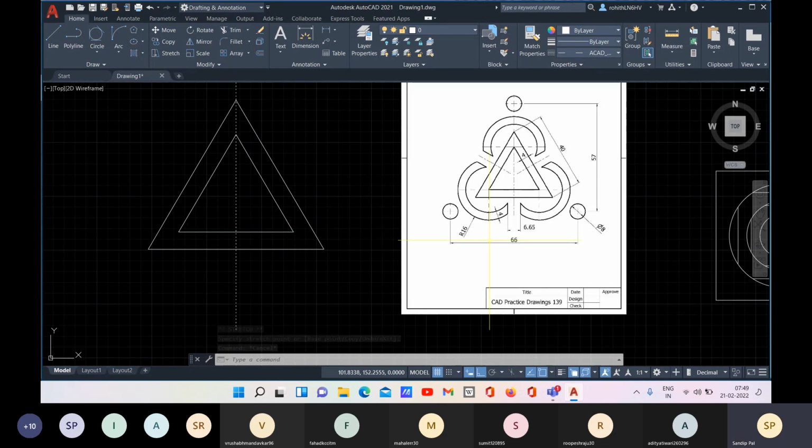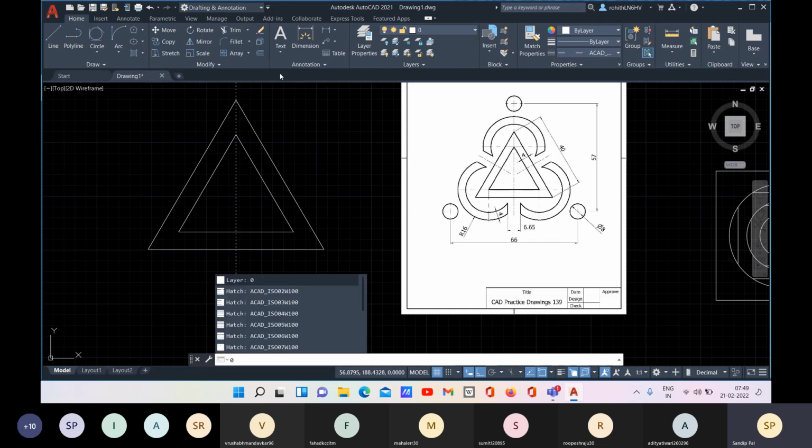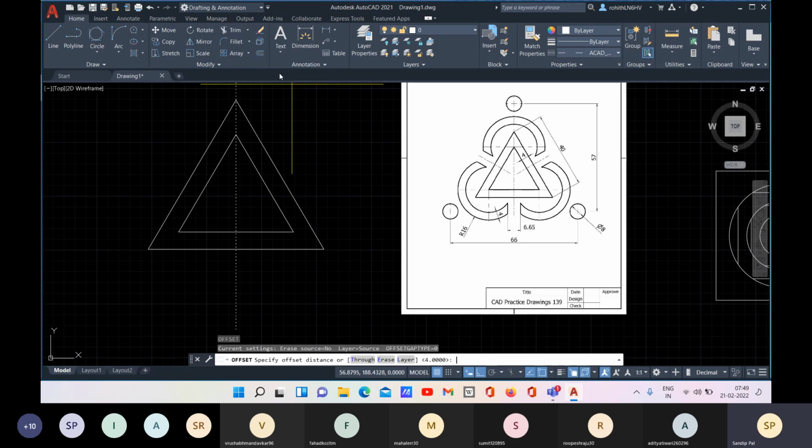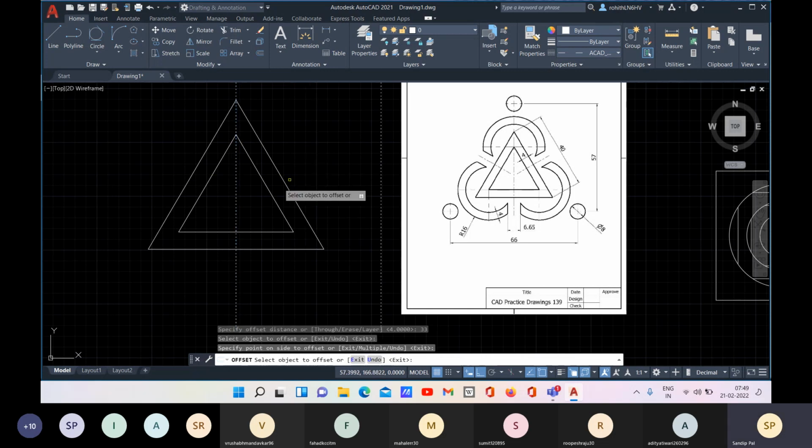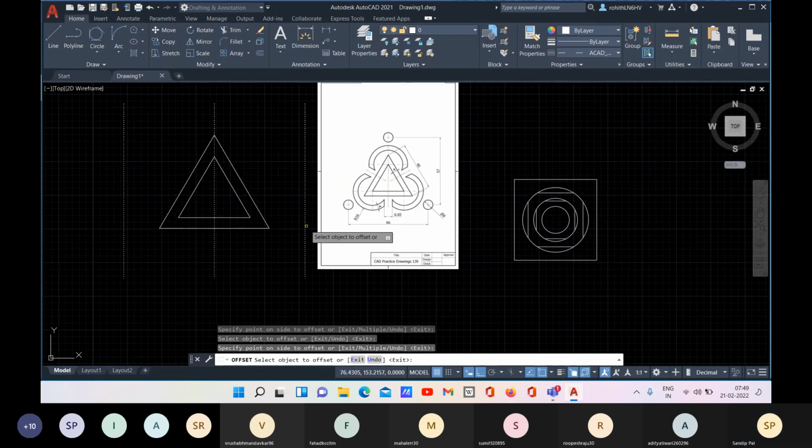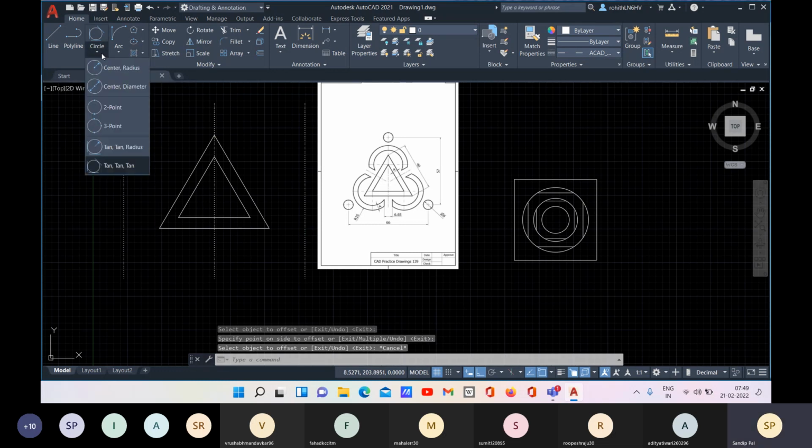Okay. And we have this 66 and from this we have 57, right? So I can go with the offset, O enter, simply O enter, offset, and let me go with 33, the half from the center, 33 this way and 33 this way. Okay. And let's go with the center radius or center diameter, any one.